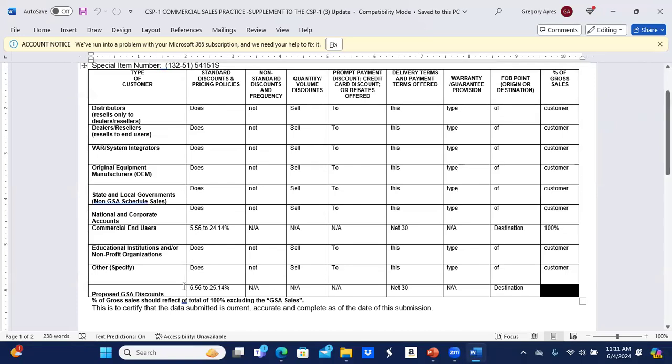Well, you notice that on the proposed discount to GSA, that's the 1% discount. And they're proposing, again, net 30 and at destination. And this document is, again, required for most of the organizations. I don't know if anybody has any questions on this. I'd be happy to address them if you do, or if not, we'll go to the next one. Okay, yes, please, let's move on. Thank you. Okay.